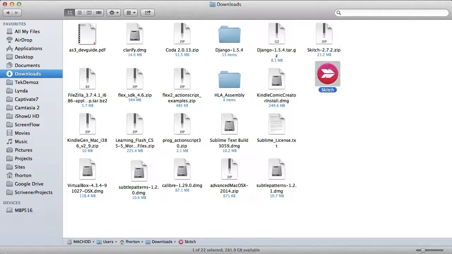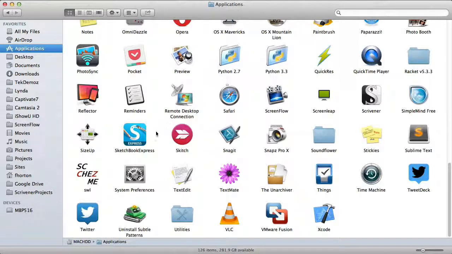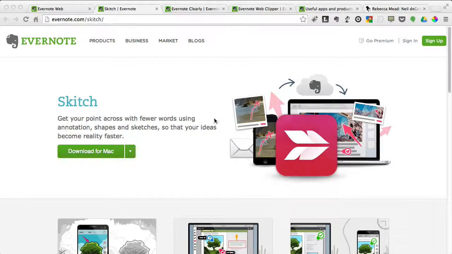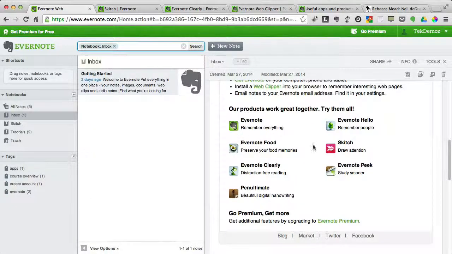But what you would do is you would drag this over to your applications and it will show up there, and then from there you can drag it down to your dock. Now I've already installed it, so I don't need to go through that process again. So just get rid of that. And then that was Skitch. We want to go to the Web Clipper, so you want to click on that, and that'll